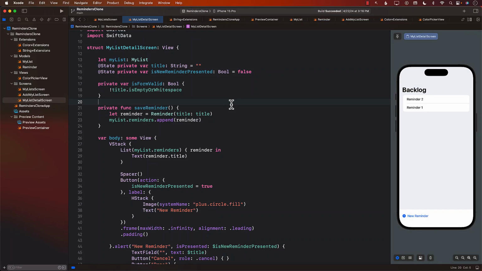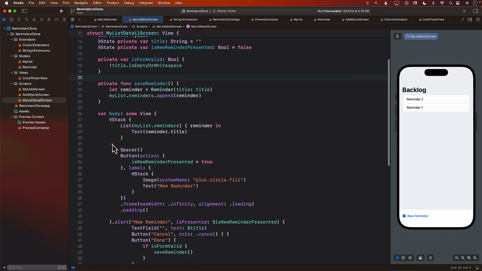In the last video, we covered how we can add a reminder to an existing list. And we were able to display all the reminders, as you can see right there. But when we're displaying the reminder, there's a lot of stuff that is missing, right? I mean, where's the checkbox? We need a checkbox. We need notes. We also need to display the dates and the time, and a lot of other stuff needs to happen for